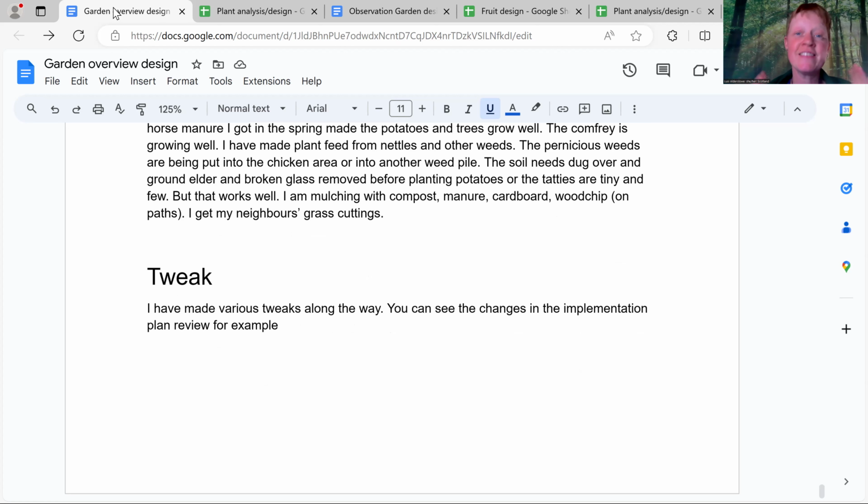So as I said at the beginning, this is how I've done my garden overview design. This is not the level of detail that I would expect you to be doing on a PDC, but it shows you how I've used some of the different tools through my design process, which I hope you find